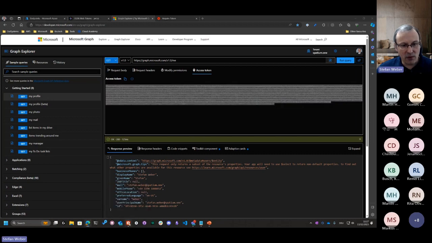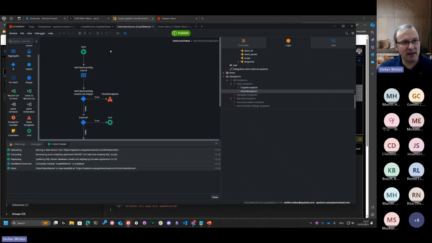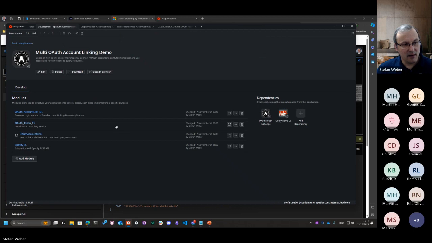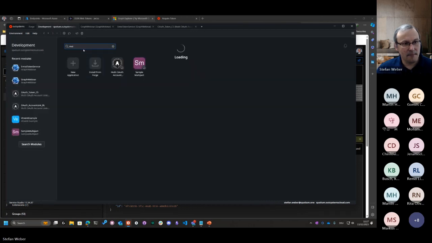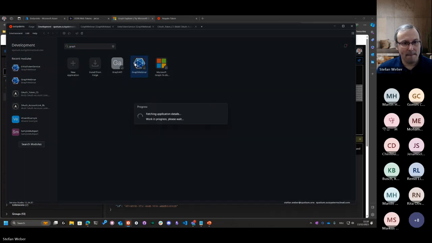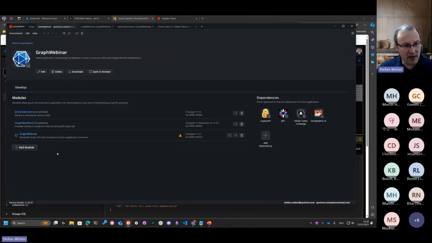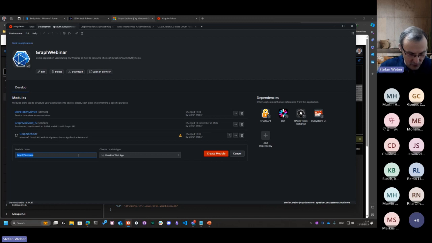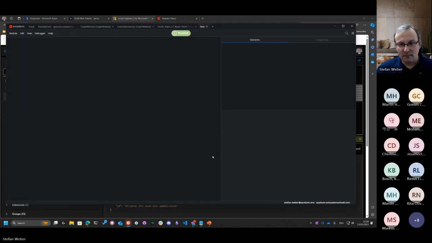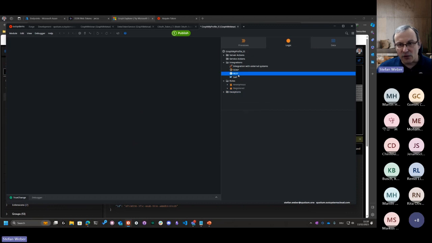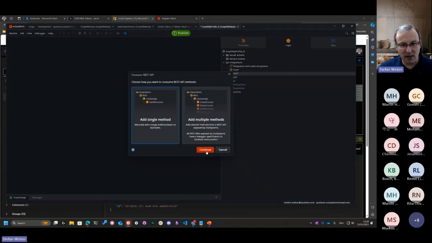If I go back to OutSystems, I can now create a new module, which I call Graph My Profile. I go to REST and say I want to consume a REST API with a single method